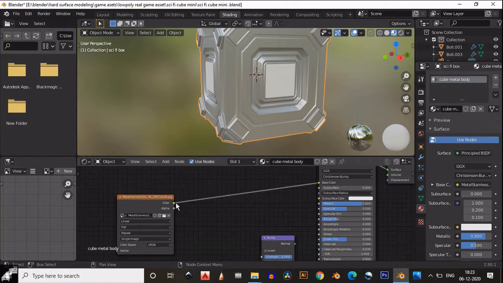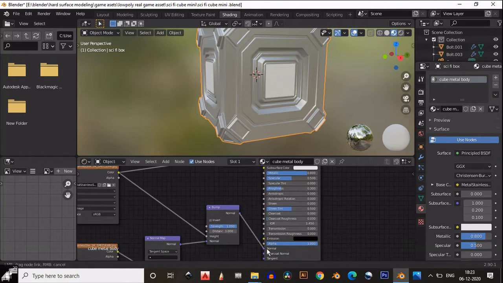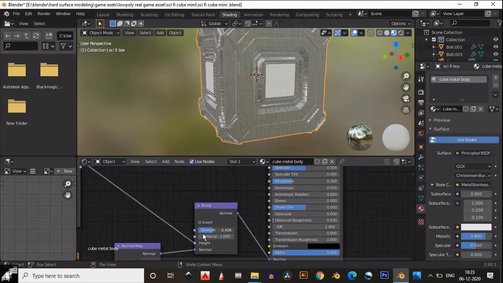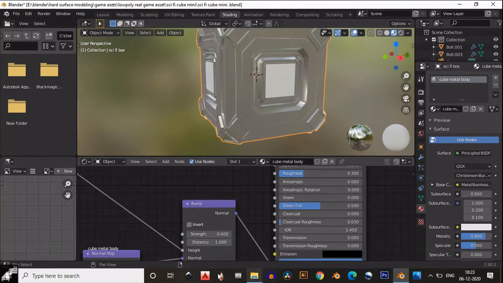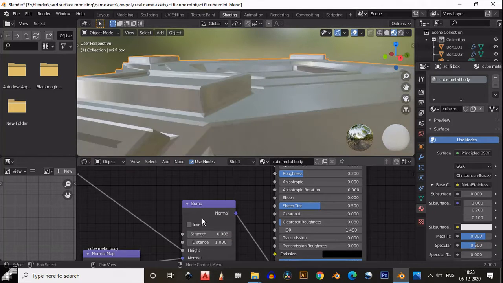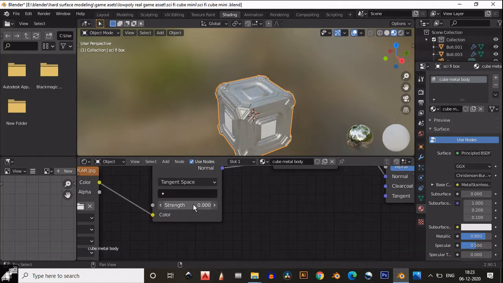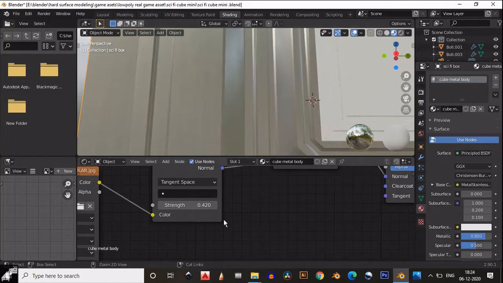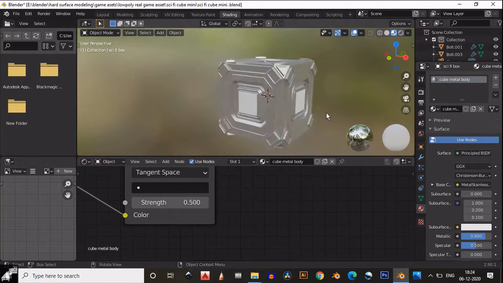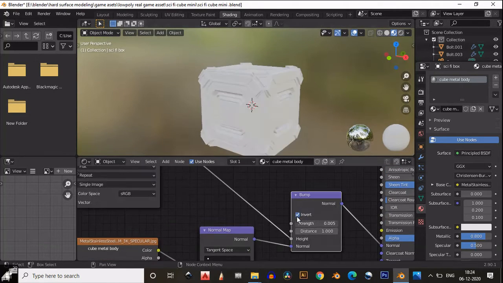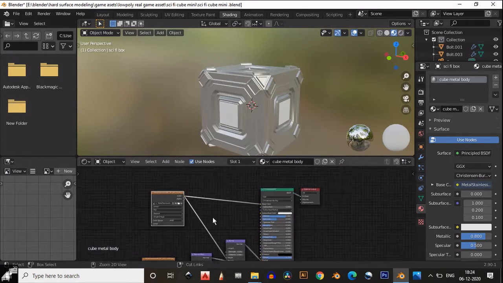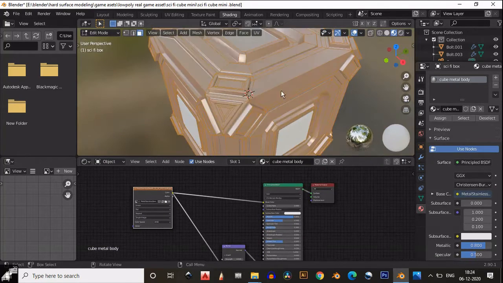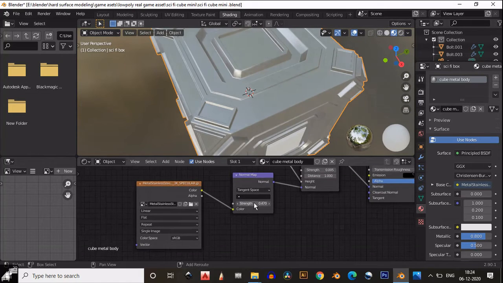and just add a vector bump map and normal map to get a more beautiful look for our sci-fi model. And if you add the bump map and the normal map, then you get a more realistic look. Okay, just add and adjust its strength like this, and our cube is looking real because of the bump map and the normal map.